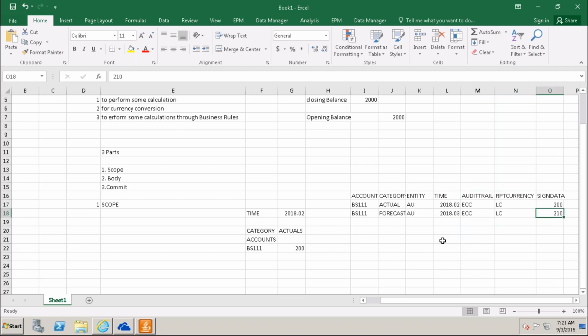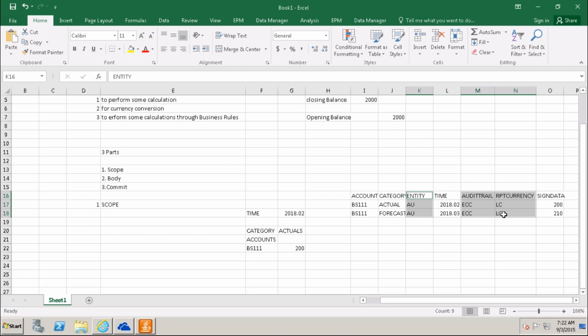So wherever you don't want to change the value, and the same value needs to be written in the database as it is, those dimensions are not required in the scope or in the script logic.